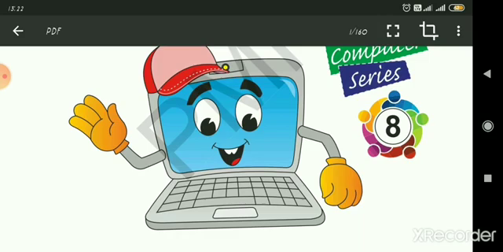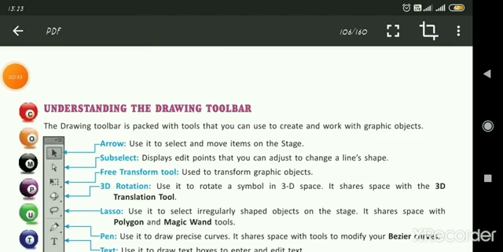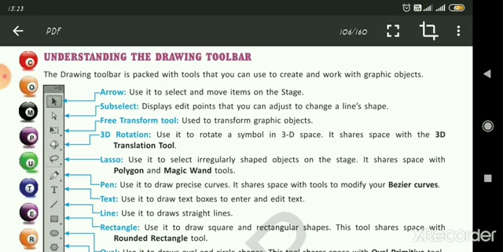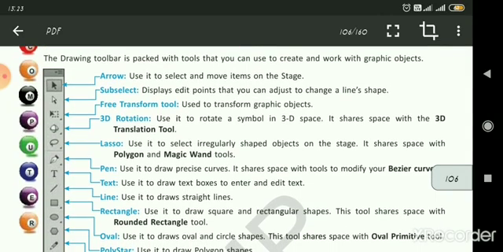So without wasting time, coming on to the textbook. We have discussed understanding the drawing tools toolbar. The drawing toolbar is packed with tools that you can use to create and work with graphic objects. As you have seen, use this arrow to select and move items on the stage.